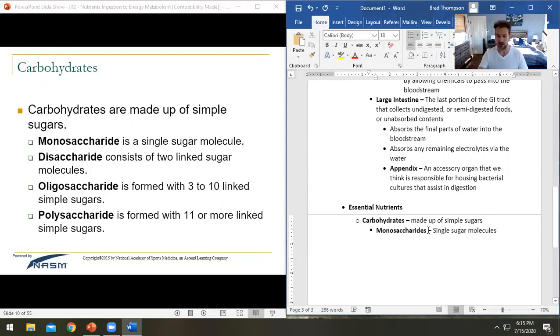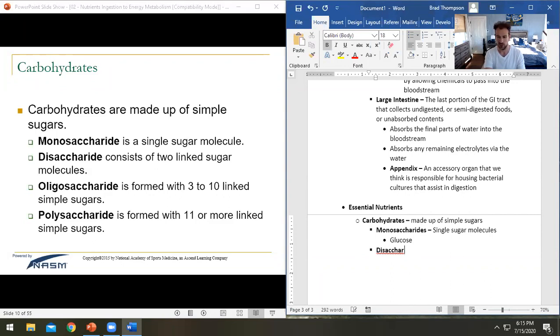Glucose is a really good example of this. This is actually what we use to produce metabolism. We need those single sugar molecules. That's as simple as it gets. If you have a bunch of glucose, your body has done its digestive job. But you do also have disaccharides, which you'll get in food sometimes,